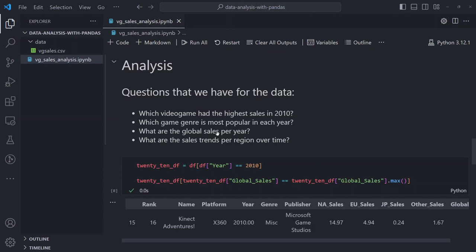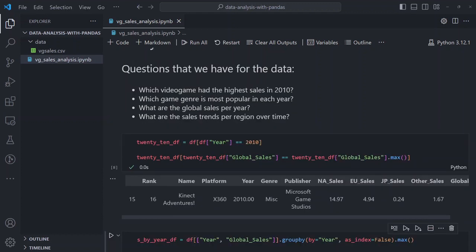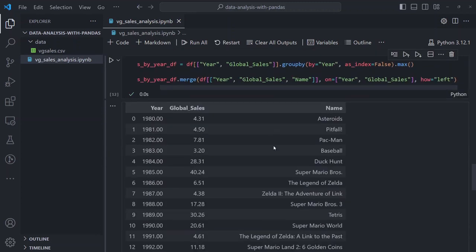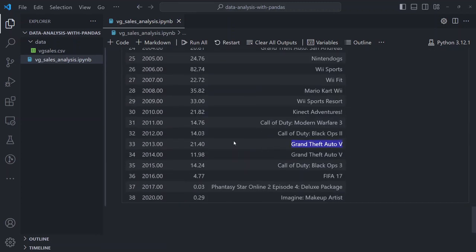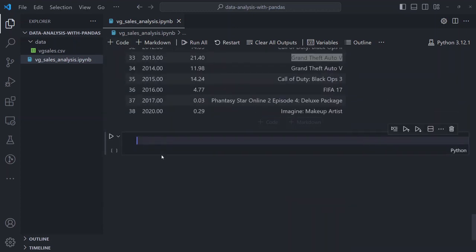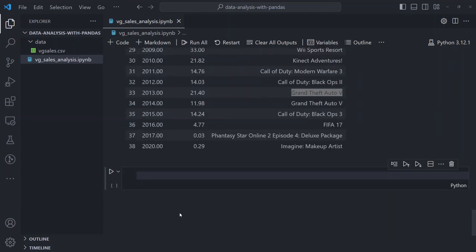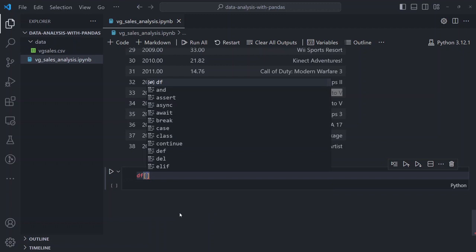What are the global sales per year? To take this question, I'm actually going to use the Pandas plotting functionality, which is super powerful. You can use this to visualize your data pretty quickly and easily. So let's jump to the bottom over here, add another code block. We are going to first aggregate our data by year, so group by the year, and get the sum of the global sales. So like we did before, or similar to how we did before,